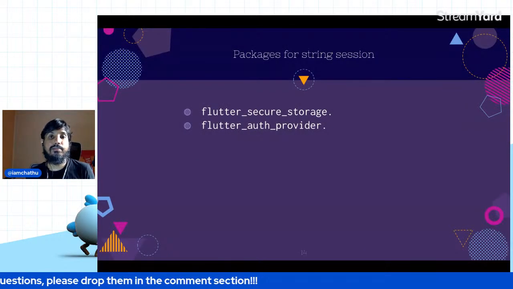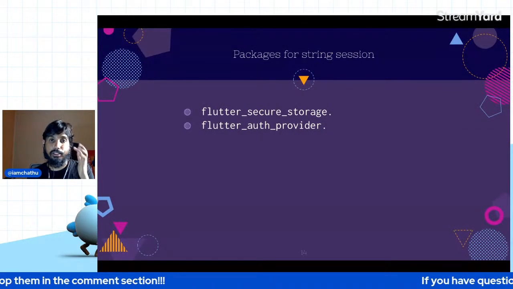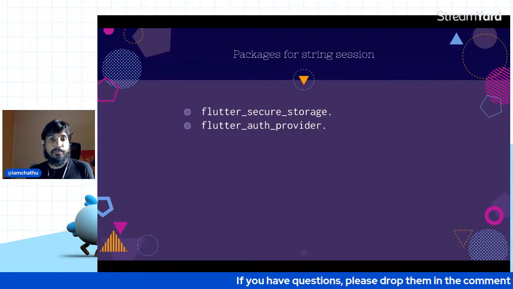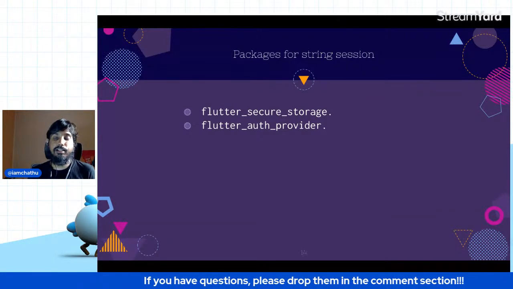So these are the packages for storing the session. Sorry, there's a typo in there. Should be stored in the session. So Flutter Secure Storage is currently in